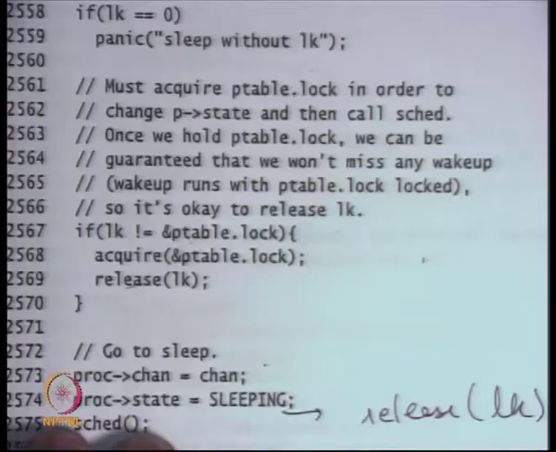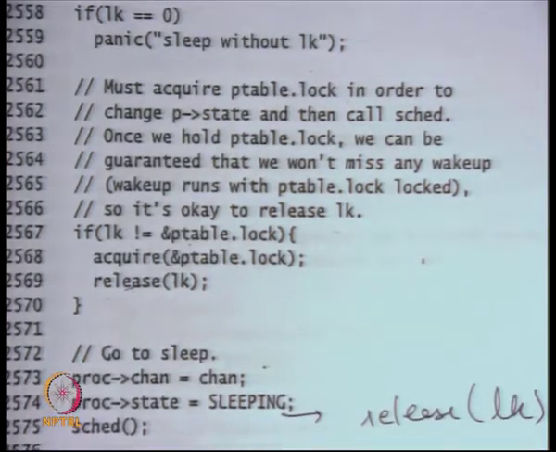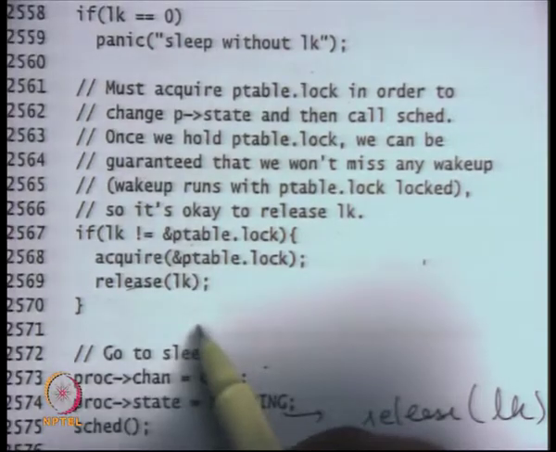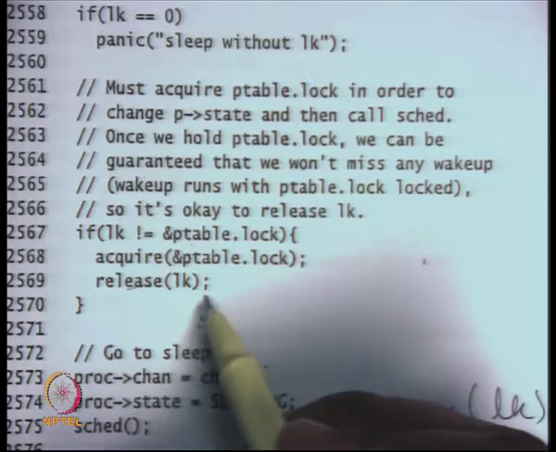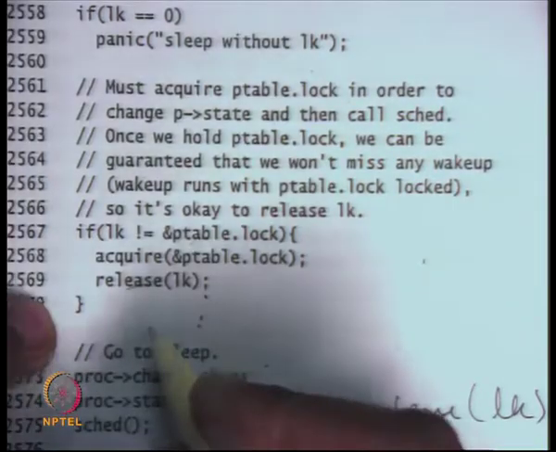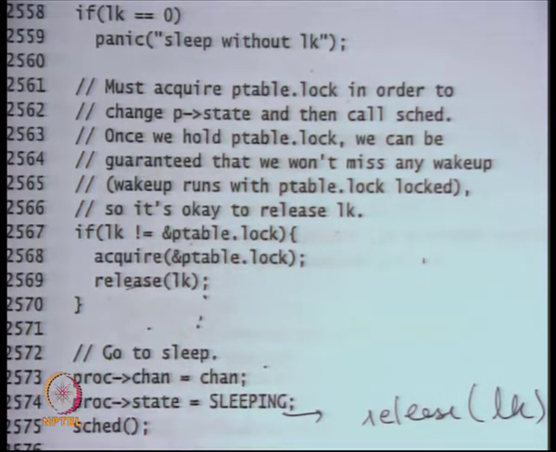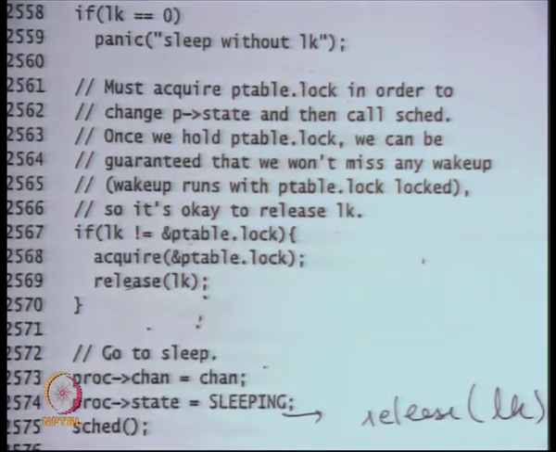The lock will be released at this point, but you have ensured mutual exclusion with respect to the wake up function. So if we had another acquisition of a lock here, then it would be much more prudent to release the lock as soon as possible, so that you don't have more ordering dependencies, right. Because if you have another acquire here, then you would have an ordering dependency between the lk that you have as an argument and this particular lock also, but you don't have any acquisition here, that's true. All right. Okay, and let's look at the wake up function.